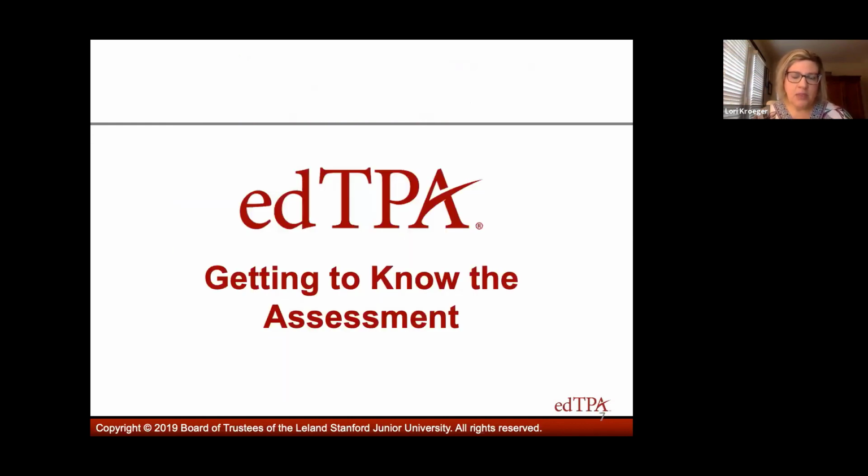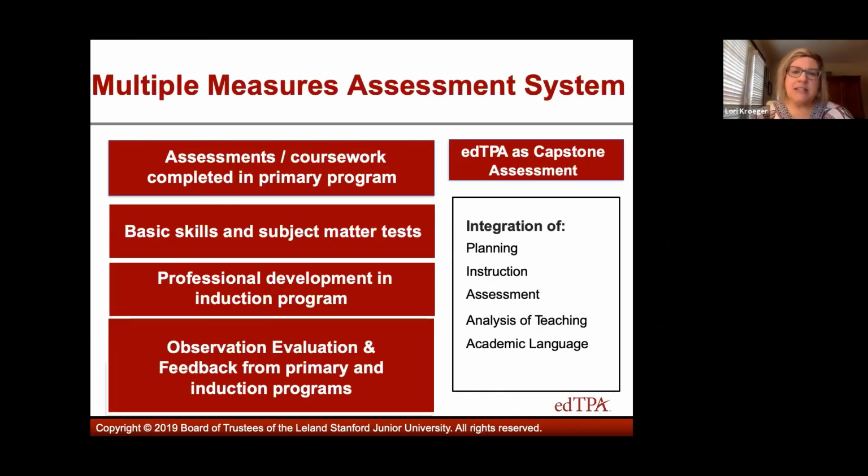I want to start with getting to know the assessment and helping you understand a little bit about the structure of edTPA and some of the requirements. edTPA was designed as part of a multiple measures assessment system, as one component of ways that programs can evaluate teacher candidate readiness to teach. You can see I've listed all the other ways that programs, both primary programs and induction programs, use to assess candidate readiness.